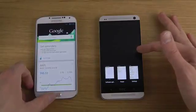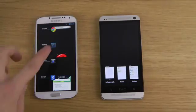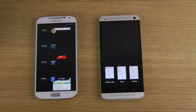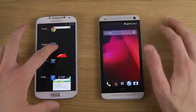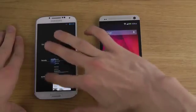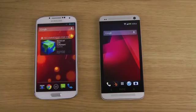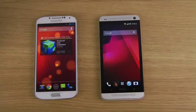Here, let's see, you double tap here, of course. You can see that here you also get a grid, but you can't see as many apps as you can on the HTC One. One thing I think is bad with both of these UIs is that there's no button to quickly close everything. That was a feature that is available in the stock version for the normal Samsung Galaxy S4 that's coming with TouchWiz. You just have one button there to close all the apps that are running at the same time,